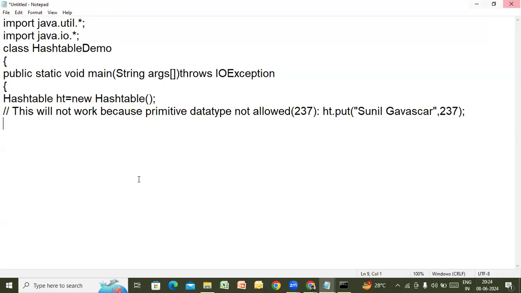Let me copy the same thing, but I will change this little bit. Copy. Let me paste it here. In place of 237, I should do something else. I can create object to integer class, new Integer within bracket. I can pass 237. That is simple. Got it. This is better option. So what I have done here,